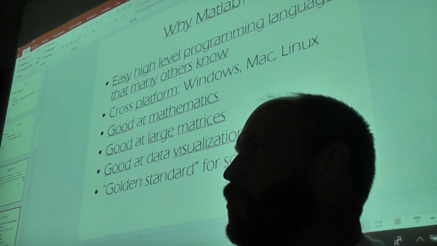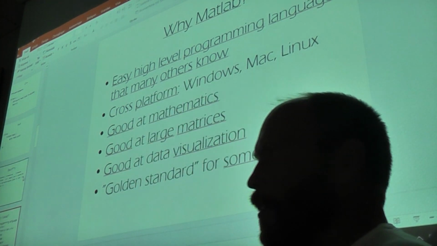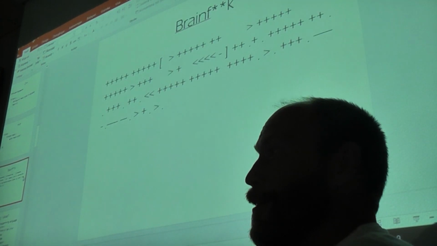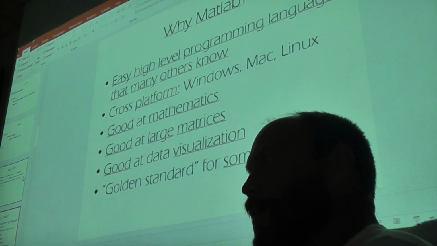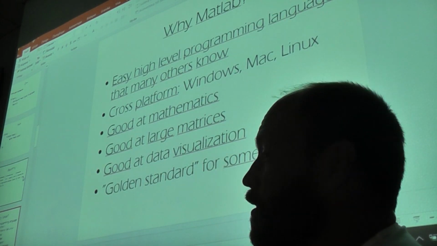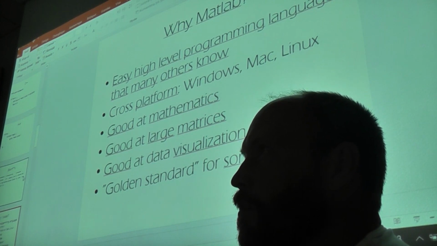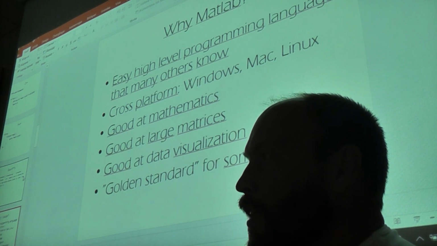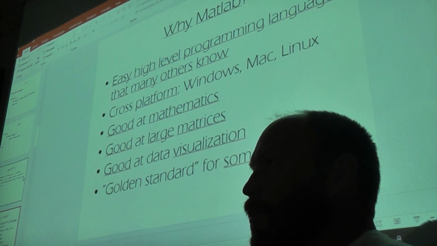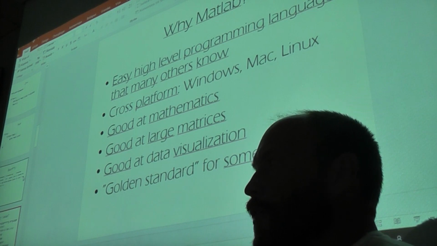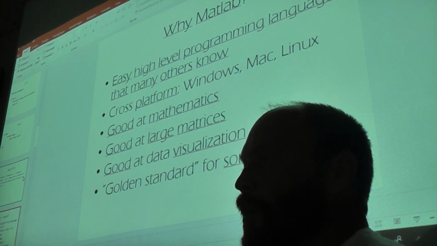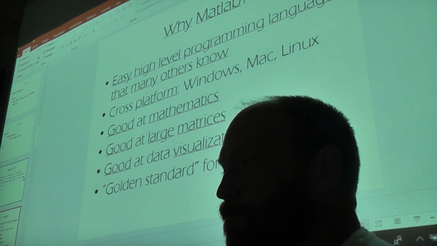So why do we choose Matlab when we've got all these other options? Of course, this one is quite obvious why we don't use it. It doesn't really make sense. But the other ones, well, kind of similar. But Matlab is, I think, a kind of easy to learn language because it's high level and not many other people know that. So in order to learn, it's good to ask your colleagues or friends, how would they solve this task? Or how do you make this expression in this language? So that's good.